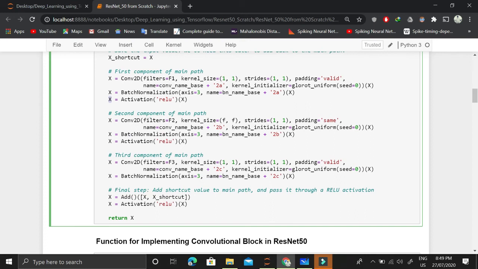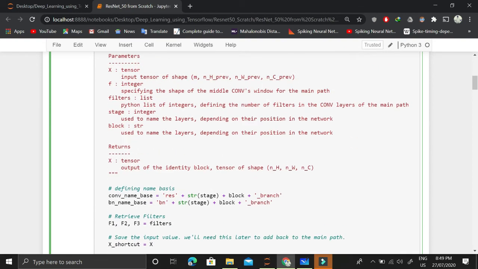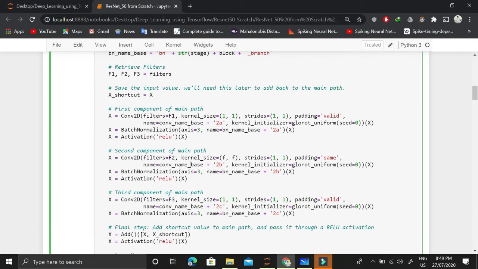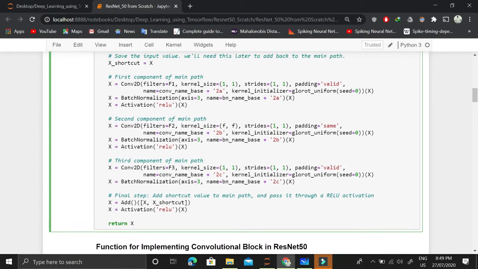Then the second component does the same thing, but if you look at it, we have a different filter. The first filter is for the first convolutional layer, the second filter is for the second convolutional layer, and the third filter is for the third convolutional layer. So these are what we will be giving as input. Furthermore, there are some other changes, as we can see in the names that we are giving to each of these convolutional layers. These are really important. We are also using different padding for each of the convolutional layers here. In the batch normalization layers, we are giving different names, 2A, 2B, and 2C, of course. These names will be really helpful once we look at the summary.